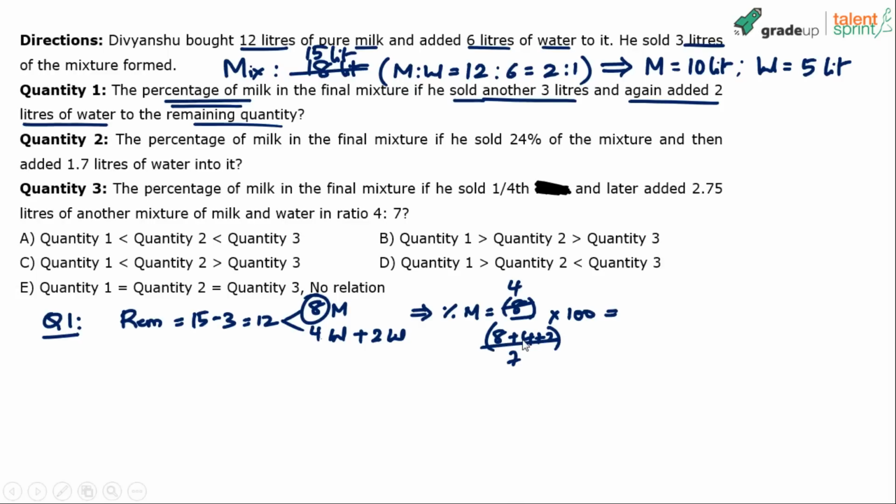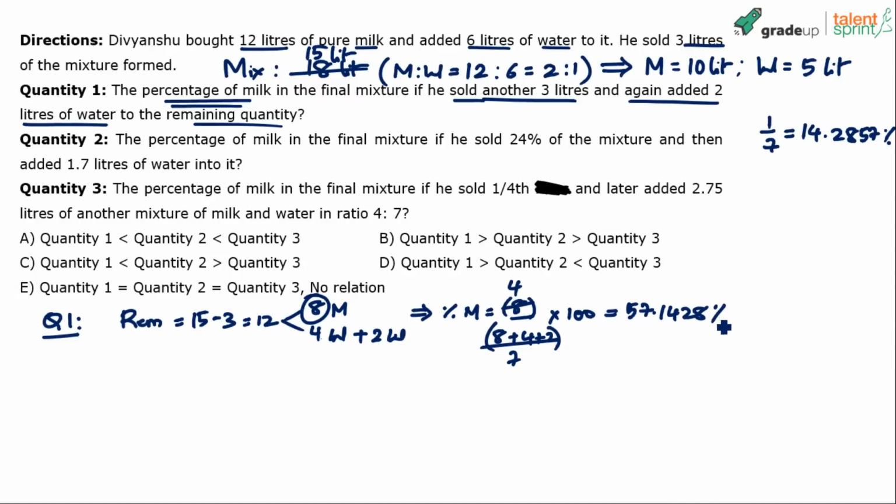What is 4 by 7? Again, this requires your numerical skills, right? You know that 1 by 7 is 14.28 percentage, or to be precise, 14.2857 percentage. And you are supposed to remember all these fractions by heart. Learn all these fractions by heart. It will be useful in such cases, right? 1 by 7, 2 by 7, 3 by 7 and so on. 4 by 7, 5 by 7 and so on. So 4 by 7 is going to be